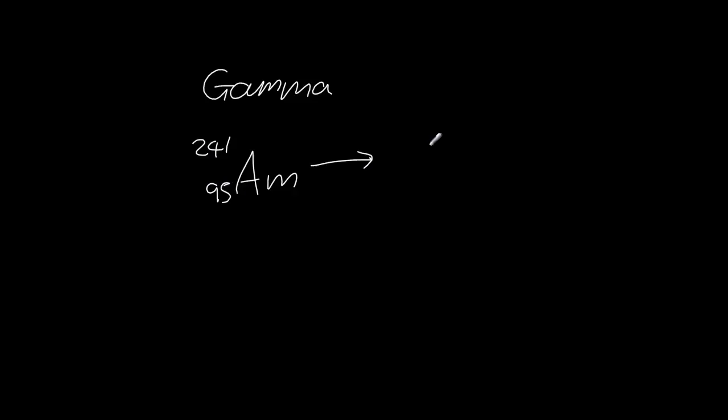Now the final kind of decay we're going to look at is gamma. Now gamma, as I said at the beginning of the video, isn't necessarily a decay mode on its own. It's usually associated with either an alpha or a beta decay. So if we just have a look at an example, we've got americium 241, which you'll find in your smoke alarms at home. That will decay via an alpha. It's number 95 in the periodic table. So this will undergo an alpha decay, 2 and 4. Our new isotope is going to be number 93, and that's going to drop down to 237,